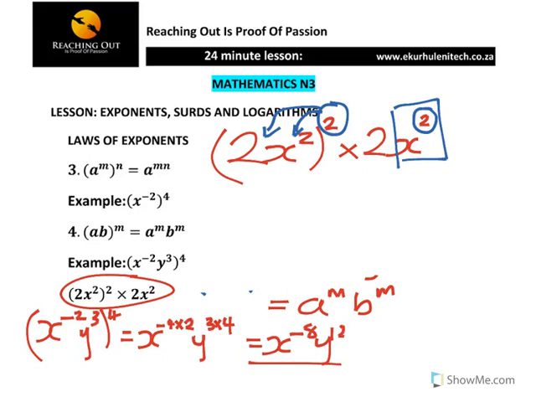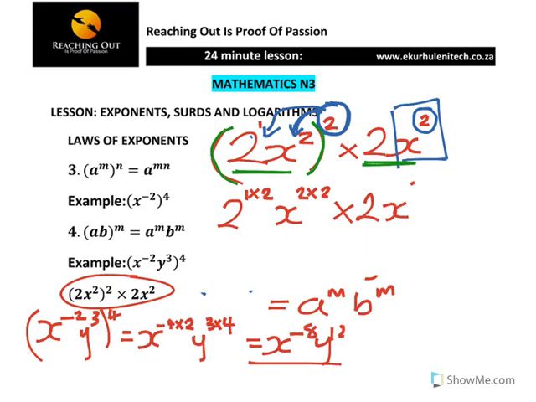Why is this 2 affecting that, this x and the 2? Because of these brackets. Now because of those brackets, everything inside is affected, but here in the second scenario we don't have brackets, hence this power 2 is only affecting x. So how do you work about it? This is the same as 2, remember there is a 1 there, it's 1 times 2x, 2 times 2 times 2x squared,